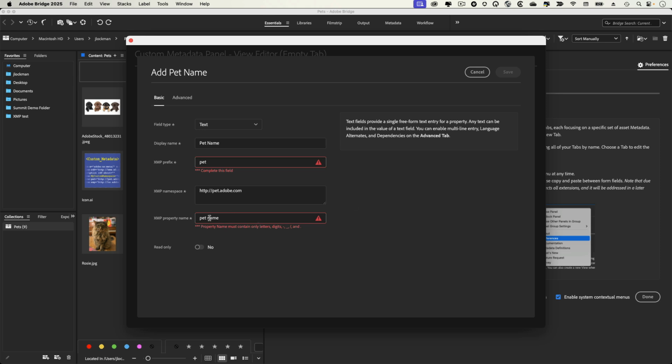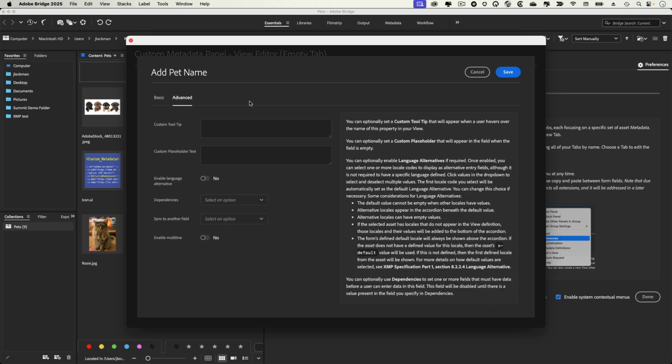Oh yeah, I can't have that space in it. So pet underscore name. There we go. And then I don't understand what's going on here. I just put a space and that seems to fix it. So great. Under advanced, we have some additional things like I can put in a custom tooltip that will show